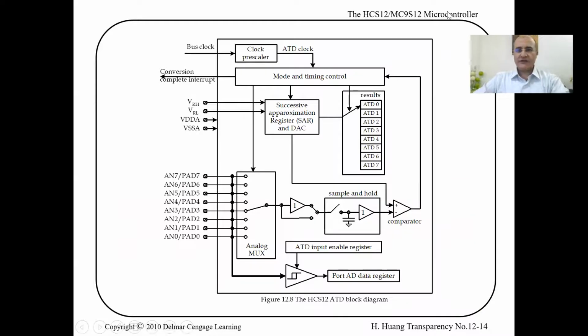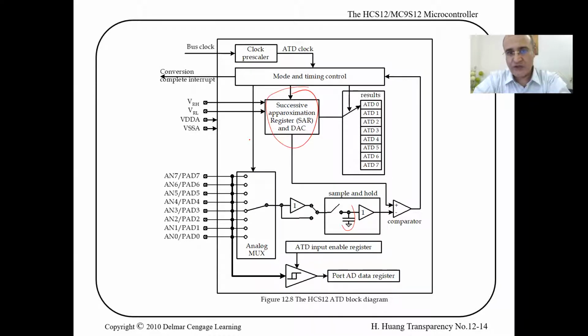And we had a look at this block diagram that shows one A to D, and we have another one, so we have 2 A to Ds. An analog to digital converter that has 8 channels means it has 8 pins connected to a multiplexer that selects only one input at a certain point of time. However, this multiplexer, you can switch it between inputs very fast. Then the signal you take will go through a sample and hold stage. While held in a capacitor, you take a sample, you charge a capacitor, you hold it for a while,